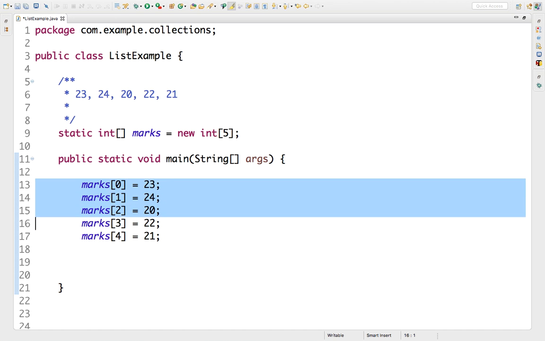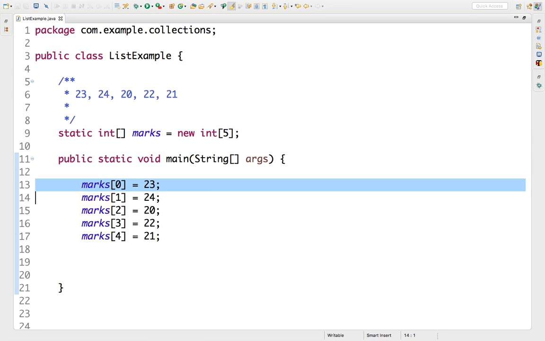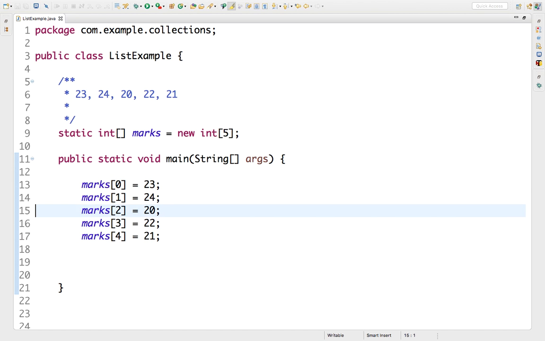So these are the different marks obtained by a student. So we are creating an array and we are putting the values. Okay, the first problem